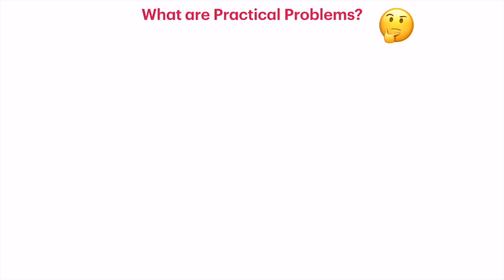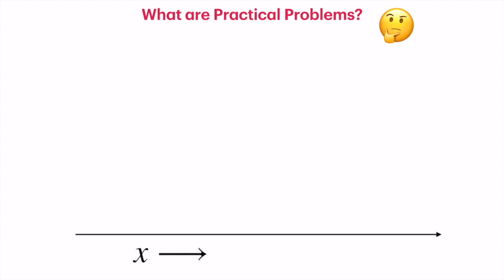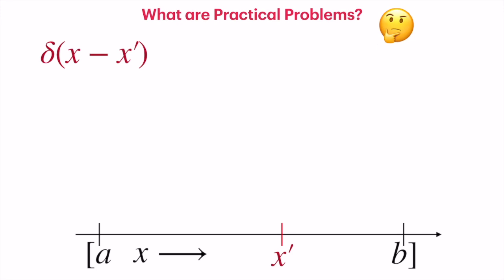There, it looks rather simple, and let us see whether it is equally simple to apply to a given problem. Let us see what practical problems we face because we use the delta function as a source function. We have our variable x in the closed interval from a to b, where we want to look for the solution of the given differential equation. And we are using delta of x minus x prime as our source function, where x prime is in between a and b. Otherwise, it does not really make any sense to call it an inhomogeneous differential equation.